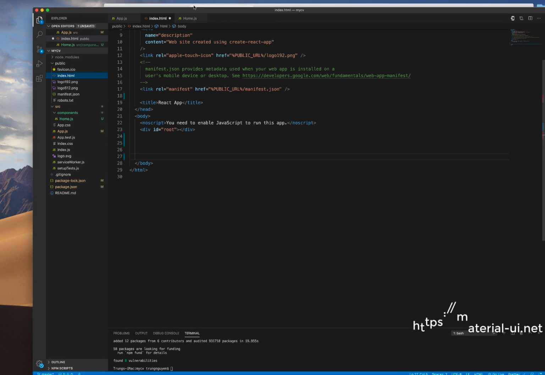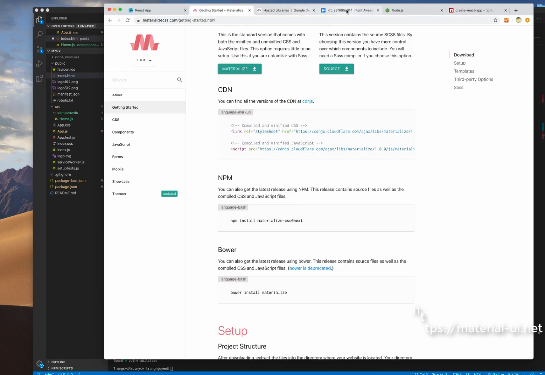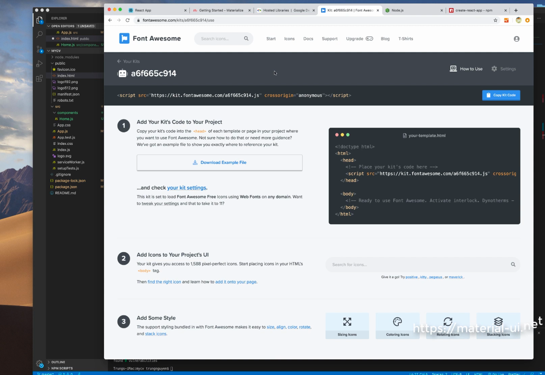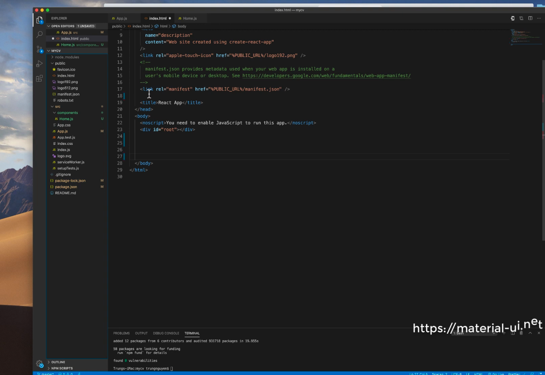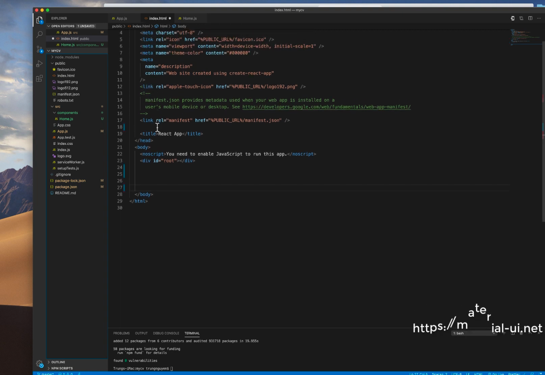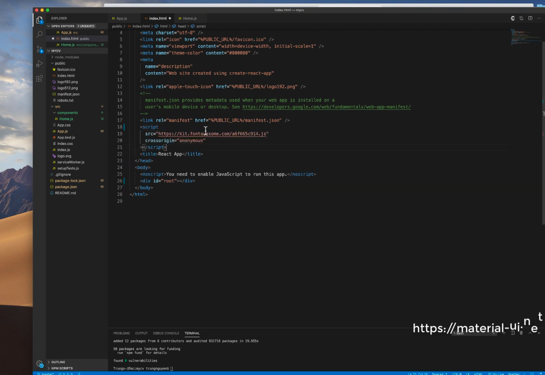and inside the index file we need to link to Font Awesome. You can go to Font Awesome, and after you create an account, you can copy this one and paste it into the head section of the index.html. Paste here, save it,